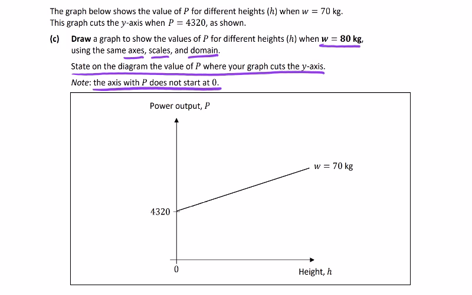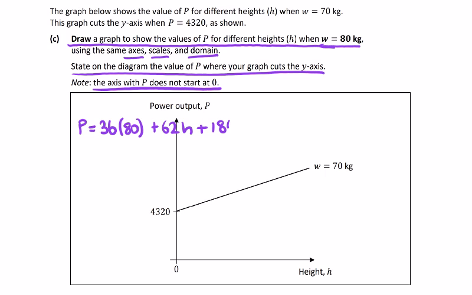So if we have W of 80, draw a graph to show the values. I'm going to read it a second time. Draw a graph to show the values of P for different heights H when W is equal to 80. Well, when W is equal to 70, it's down here. What about when W is equal to 80? So let's write out the formula. Power is equal to 36 times the weight, and we're looking at 80 plus 62H